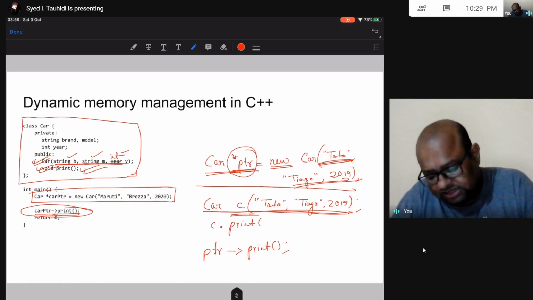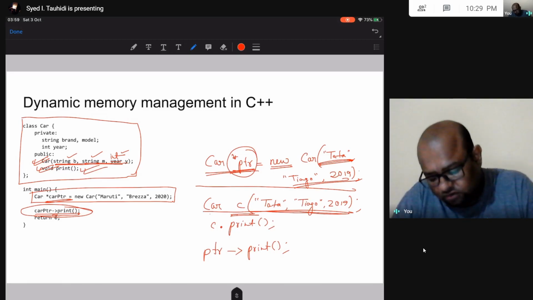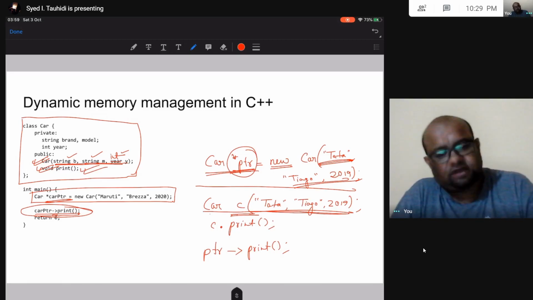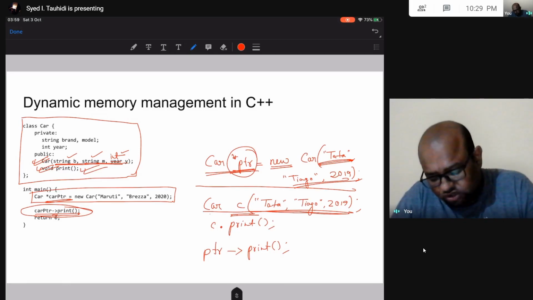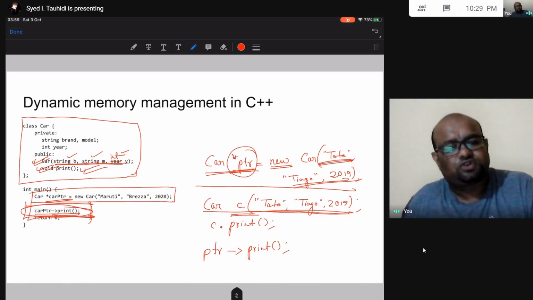But because car ptr is a pointer, I use car ptr arrow print. Okay, this is nothing new. This line should not be confusing to you. If this line is confusing, then I suggest you go back and watch previous videos. All right.